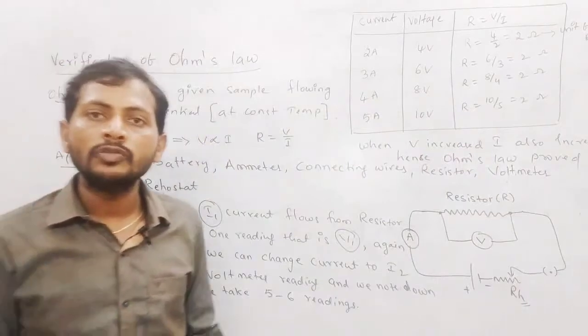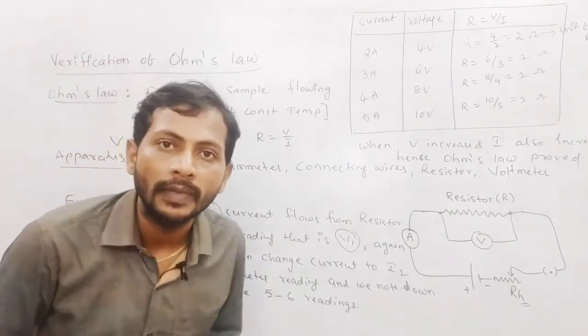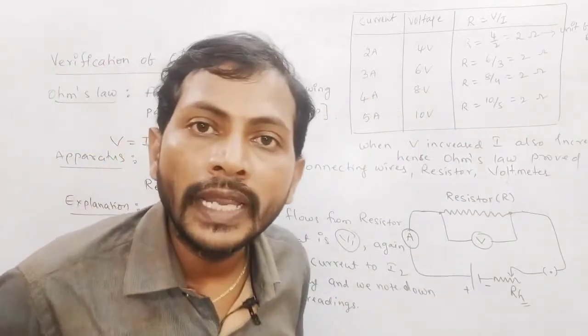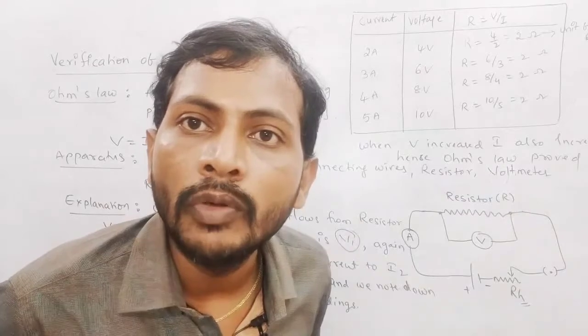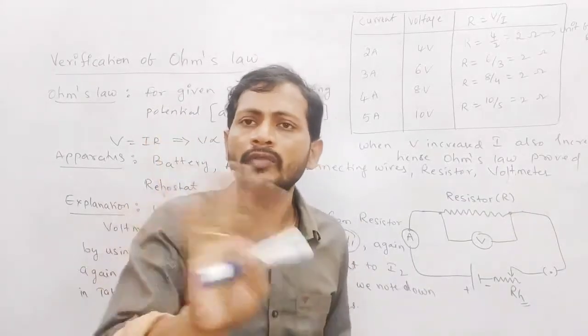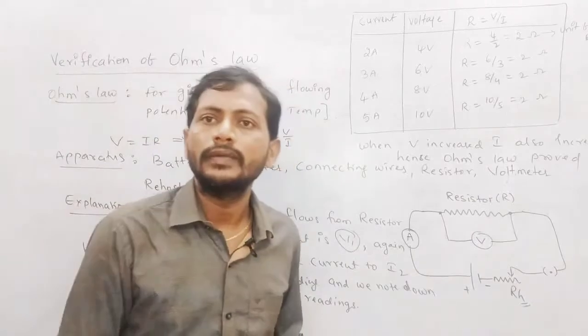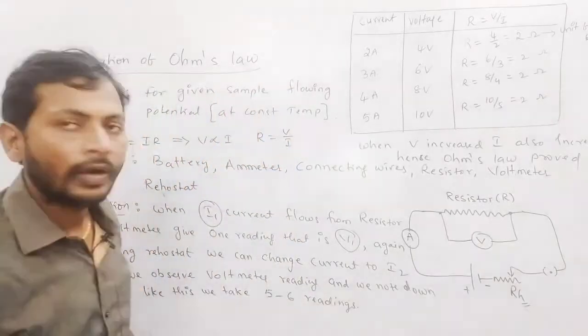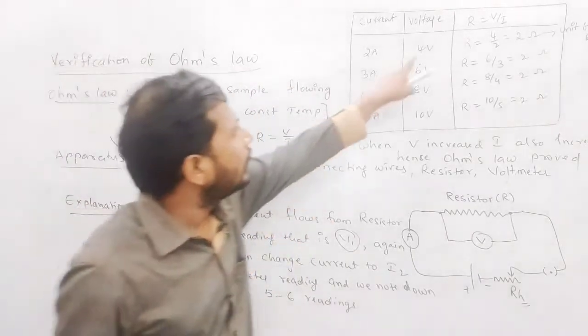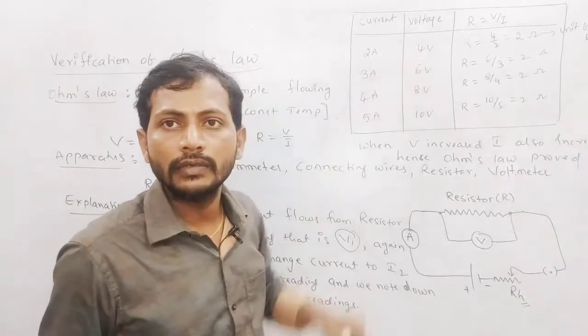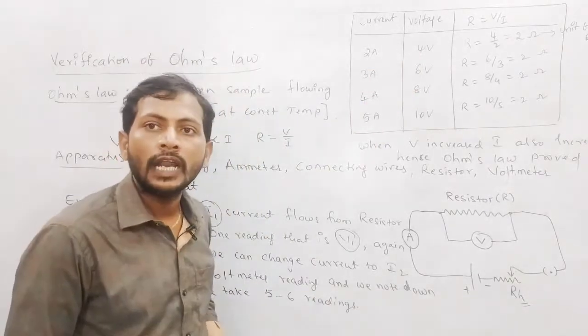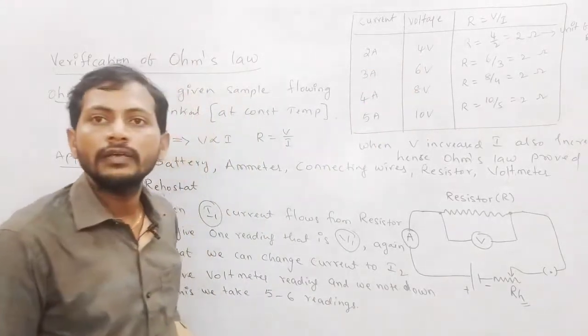Now I am asking one more small question to you. You have to give the answer. If you write the difference between W and V, I will say there is no difference. The amount of work done is only V. So now I am going to ask one more question to you. V and I are proportional. If you are going to draw the graph, how will you get it?